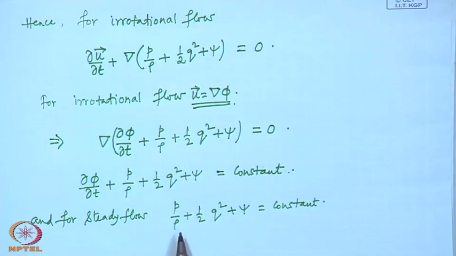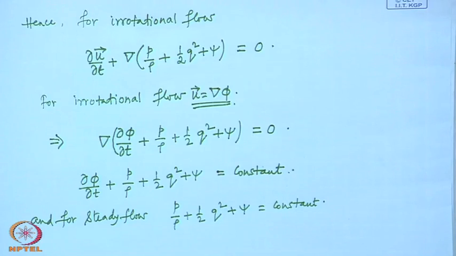And most often this term need not be written separately explicitly, because the application of this equation will always be for finding some difference. We can apply this equation to 2 points in the flow, or in some cases 2 points on a particular streamline, and the potential energy difference between 2 points in a streamline, or in general 2 points in a flow, in many cases will be negligible,